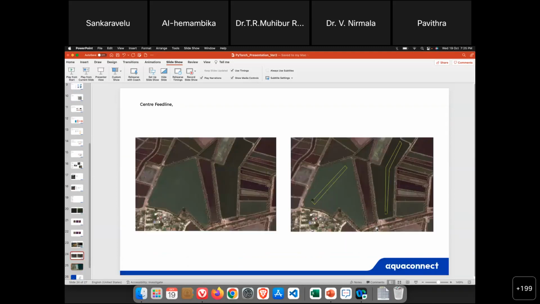So if you see the right side image, I marked a yellow color box. That is the center feed line. So this is how we can differentiate. And one more characteristic is there